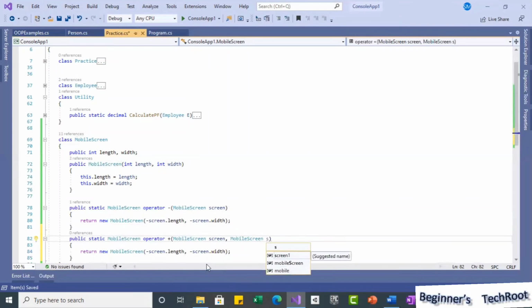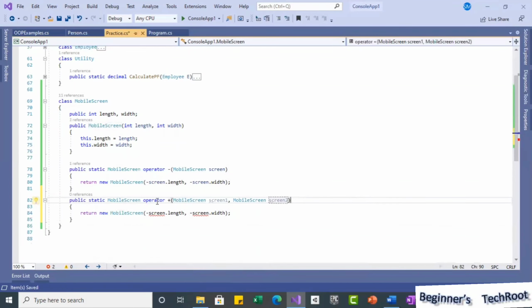So as I am using two things, I will put screen1 and screen2. I will take one more example later, because in a binary operator only one should be the same type and the other can be any type, right? In this example I am taking both the same type.